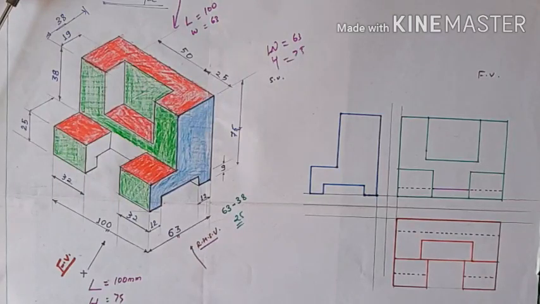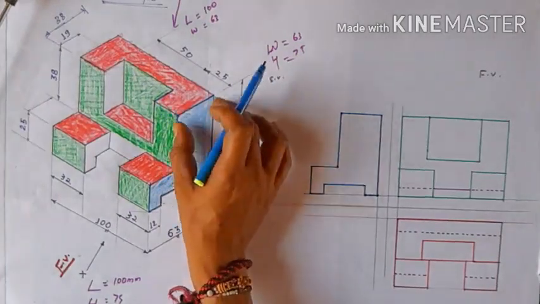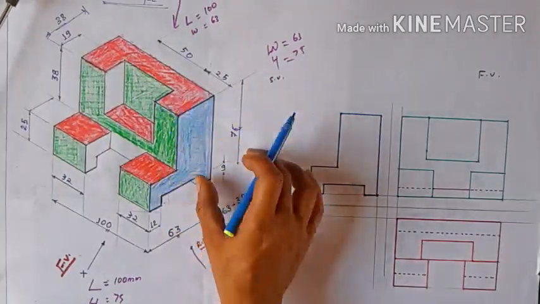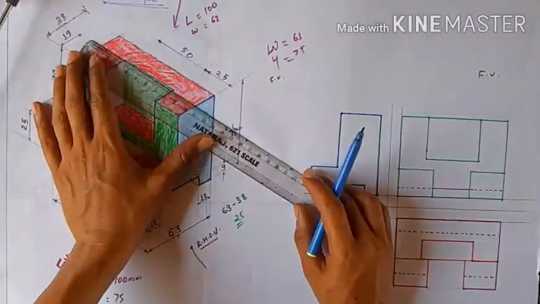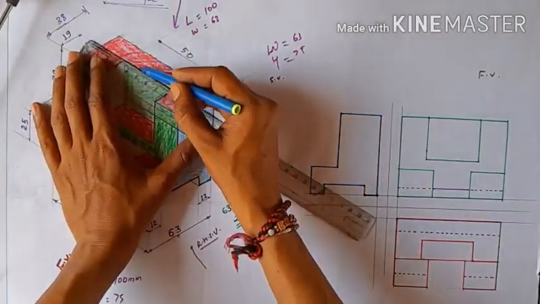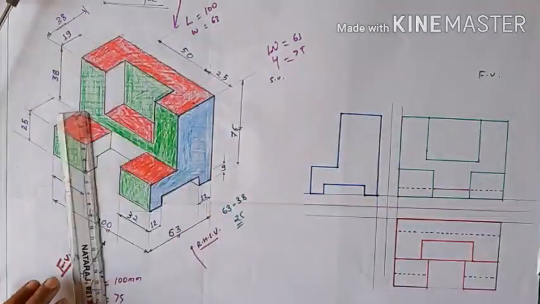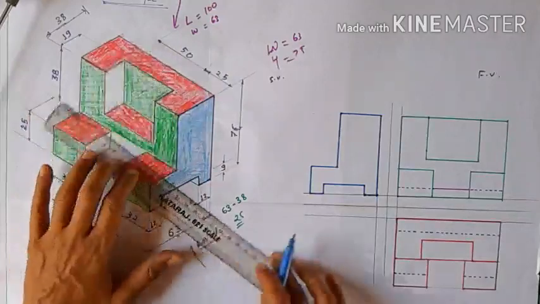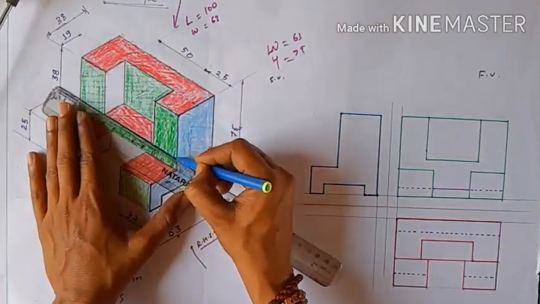What about the hidden lines? Firstly, this 90 mm line, which is inside of this 38 mm long line, is not seen from this side. So make this line hidden. How? Fix your mini-drafter parallel to it and draw a dotted line from here. Now from here, parallel to it, again draw a line of 38 mm. This is a 38 mm line. It is also not seen from here, so it is also dotted.